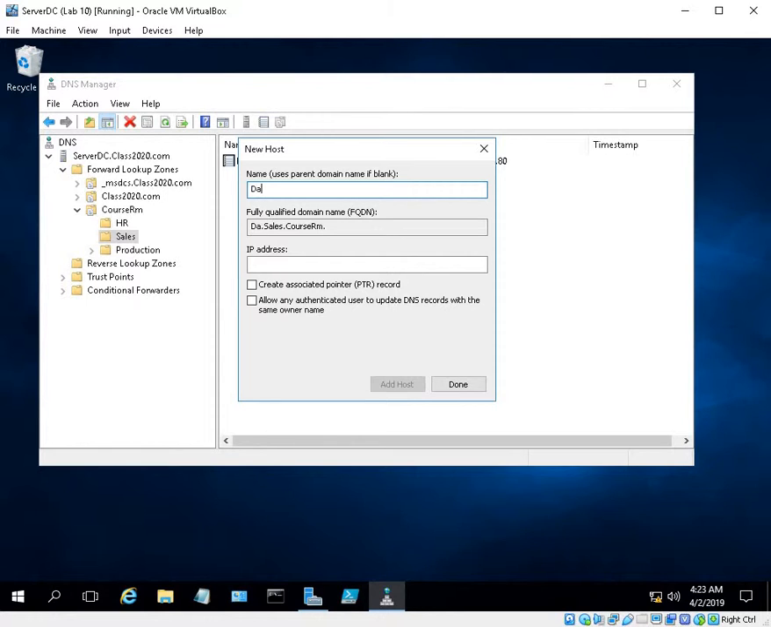Next we have a database server. So we'll say data server for the sales, and the IP address is going to be 10.1.1.81. Next we have 3 workstations: 1, 5, and 20. So workstation 1,